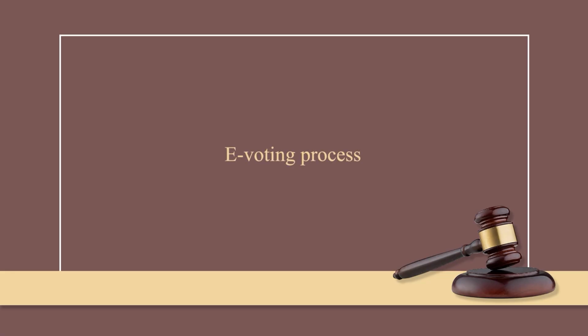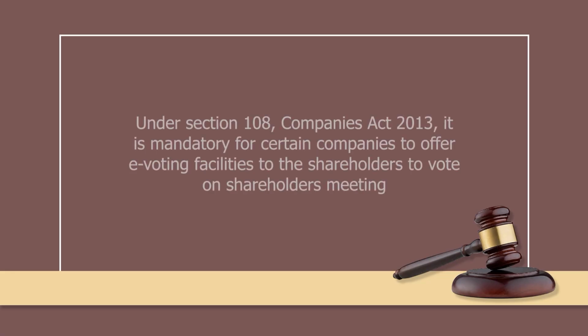Talking about the e-voting process. Under Section 108 of the Companies Act 2013, it's mandatory for certain companies to offer e-voting facilities to the shareholders to vote on matters in shareholders' meetings. This provision has permitted the minority shareholders who are staying in the country or are outside to exercise their voting rights without having to cast a vote in person. This has caused the participation of minority shareholders in meetings to rise and enabled them to express their opinion on